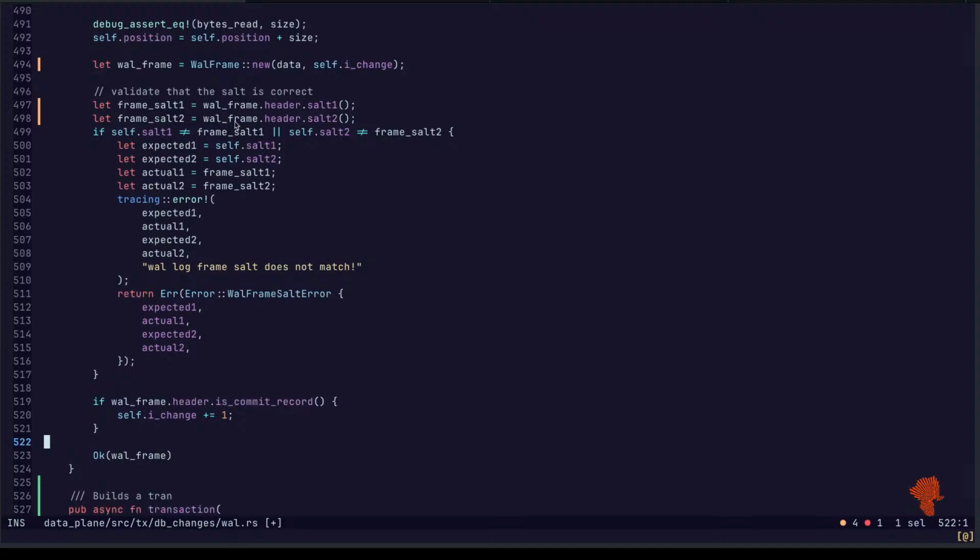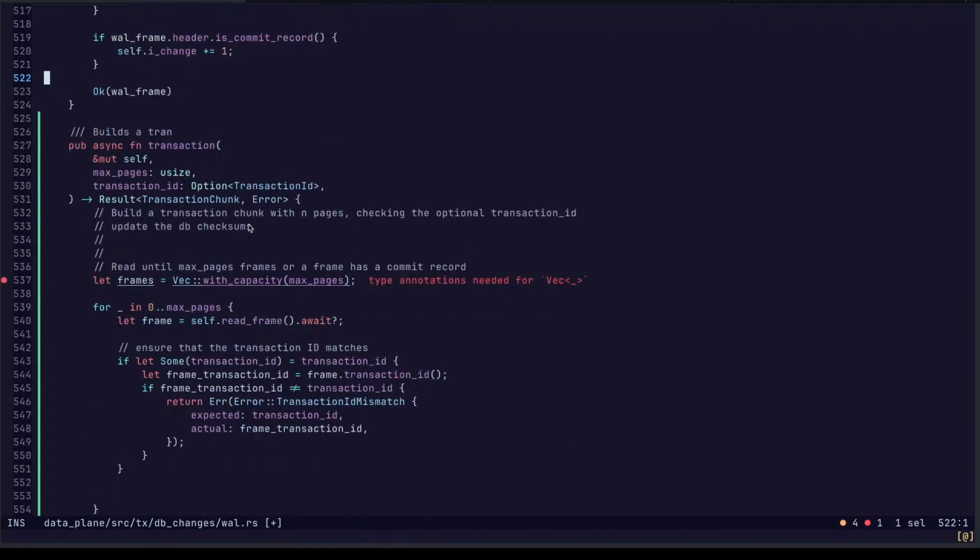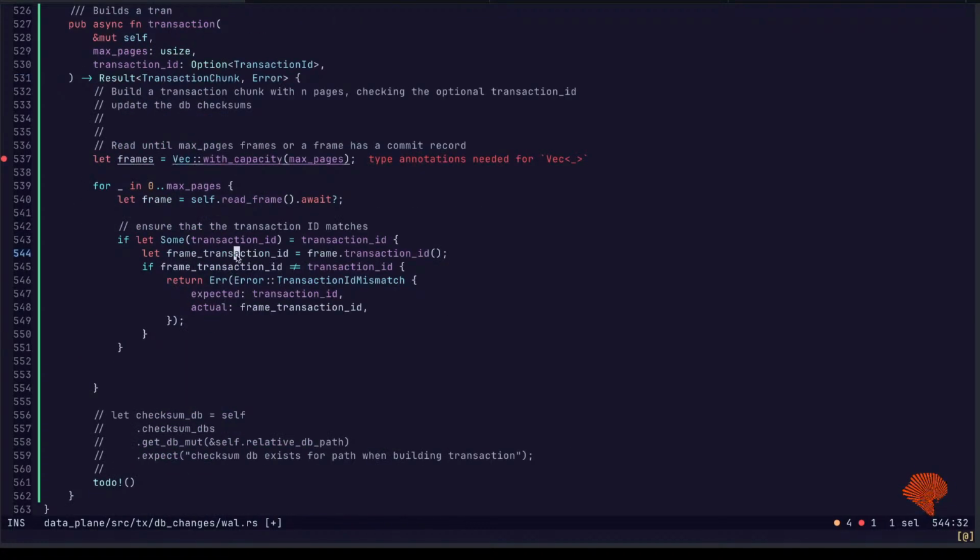I think what's more likely to happen is that the salts wouldn't match, but these are rare things I think that we're checking for. Okay, type annotations needed still. Yeah, that's fine.